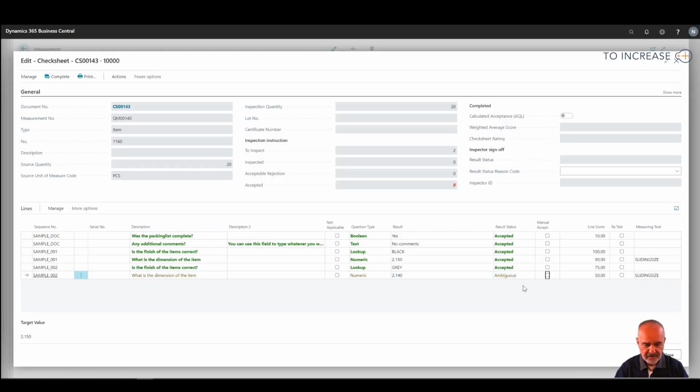It means that apparently it is on the outside of the tolerances, and an additional manual accept is required here to indicate that I'm still accepting this as part of my inspection. So let's do that. It is also indicating that this is a lower score again. Now I can report this